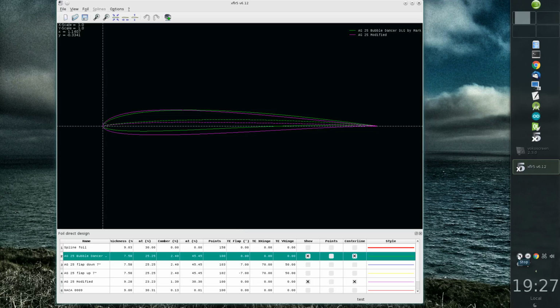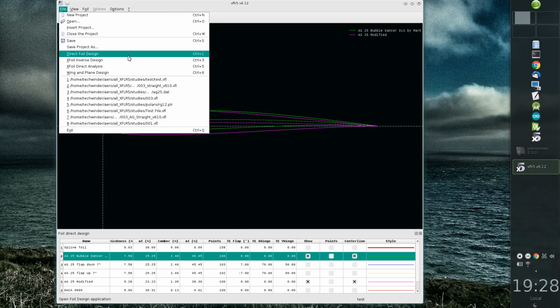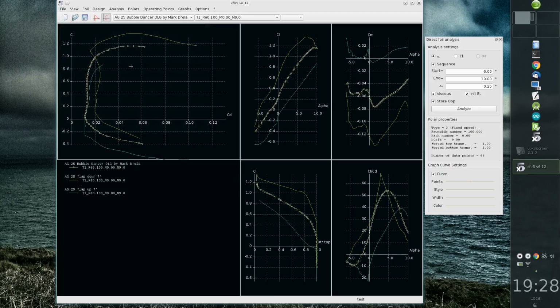Let's move to plane design. Plane design starts with foil analysis, so we go back to the XFoil direct analysis view. And why does it start with foil analysis? It's because a wing is made of foil, of course, but more important than that,